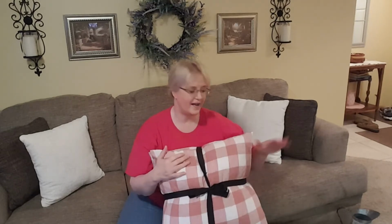$24.99 for two. These were not at Hobby Lobby. These were at Gordon's. I walked in and they're in a big spring display right inside the front door, and I was like, oh, pink buffalo check pillows. Oh. And I looked, but I had already purchased all of this stuff at Hobby Lobby, and I thought, you